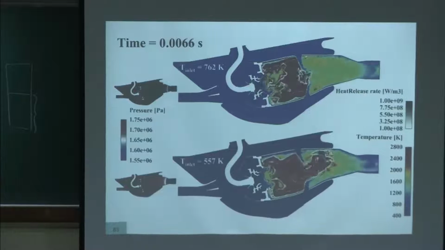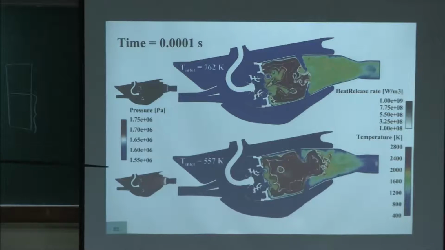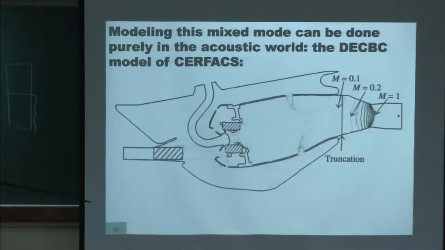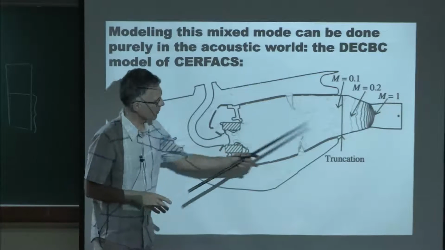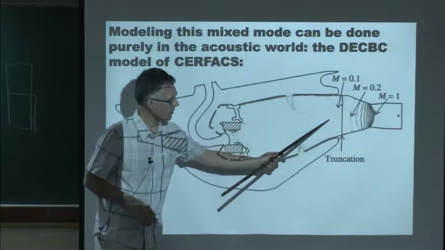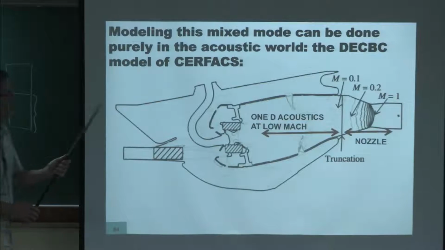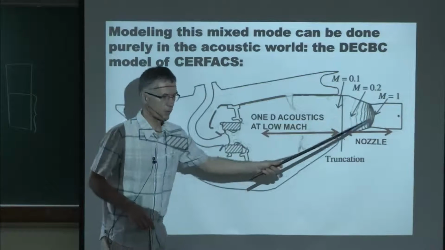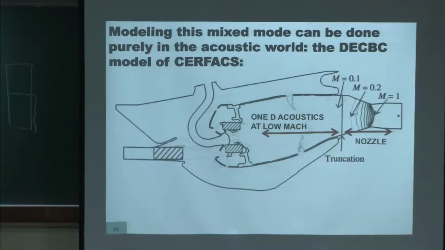So just to conclude, I want to show you how you can model that, because this is an expensive LES, but you can actually replace it by elements. You don't have to do a full LES of that. You can cut the domain in two parts. There's a part here at low Mach numbers, where you can just solve the acoustic equations, and that's cheap. And you can also have another part here at the outlet where you solve the nozzle equations. This you can do separately. You can send waves into a nozzle and look at the reflected waves.